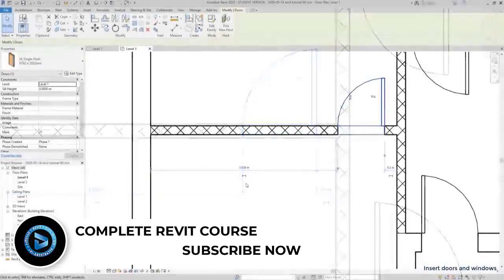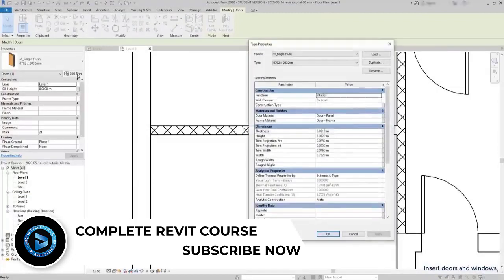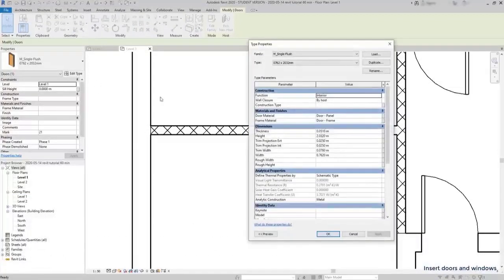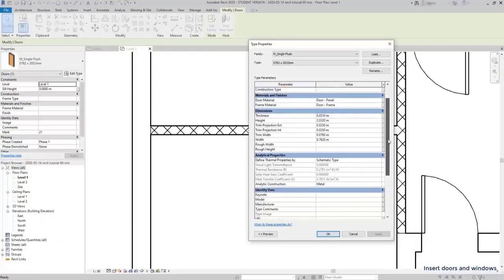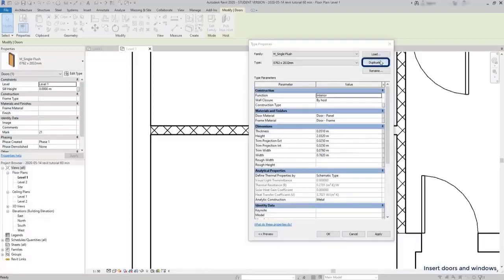To edit an element type, I select it and click on Edit Type. Here I can change the properties for this door type. For example, to change the width, just insert a different value. However, if I want to create a new type without losing this one, you can click on Duplicate,